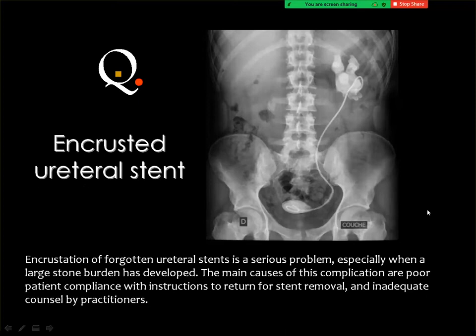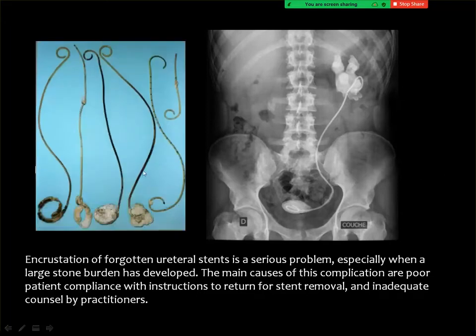This is known as incarcerated ureteric stent. And by incarceration, we mean that the stent has been forgotten for a long period. And you know that ureteric stent has to be replaced every 6 months,